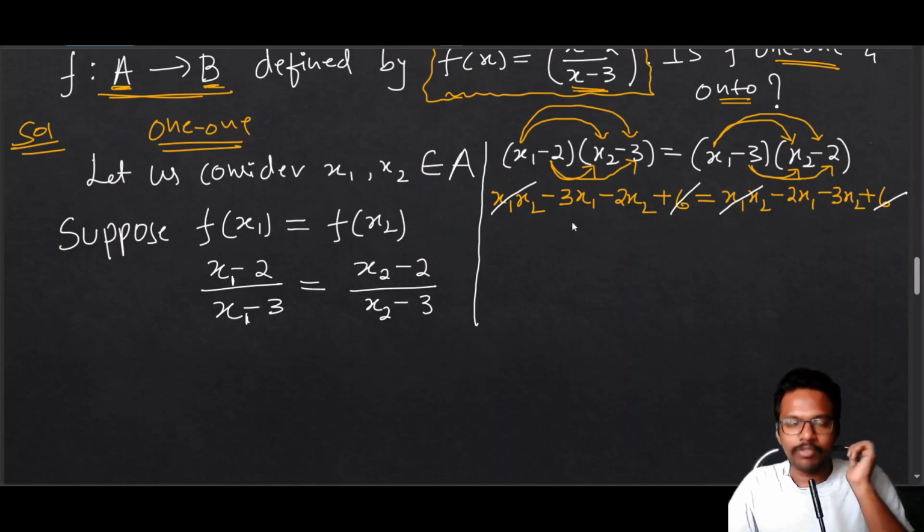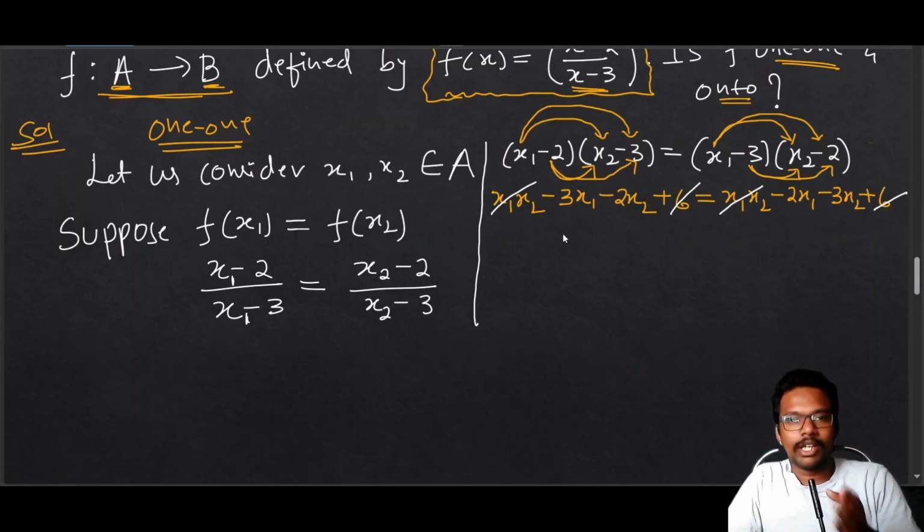So if you observe here, we have minus 3x1 and here we have minus 2x1. Both are different, so it is not possible to cancel. Here we have minus 2x2 and minus 3x2, so both are different. Coefficients of x2 are different here, so we can't cancel. So we can only cancel x1 x2 and the 6 on the left and right side. So the remaining part will be,